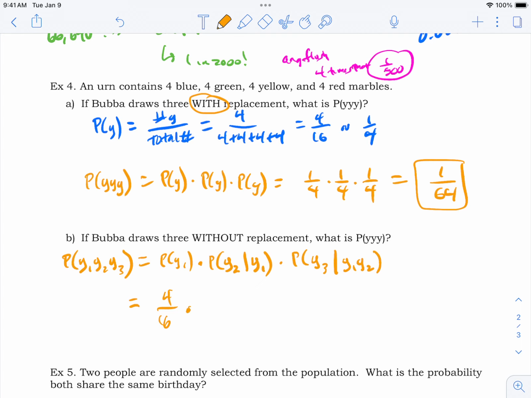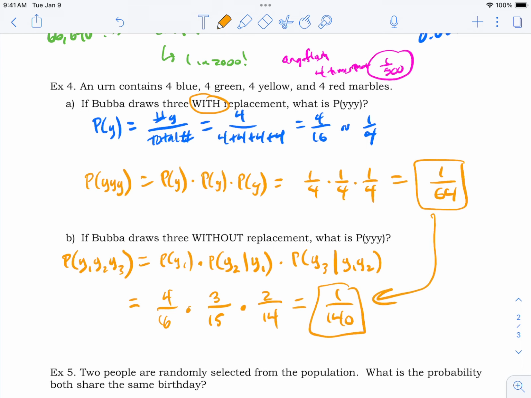There were 4 marbles, but we got 1, so now there's only 3 left. There were 16 total, but we took 1, so now there's only 15 left. See? This would correspond to the probability of getting a yellow second under the condition that you already got a yellow first. Next, we're going to get another yellow. Well, there's only 2 left now, 14 in the urn, right? So if you work this out, this comes out to a 1 in 140,